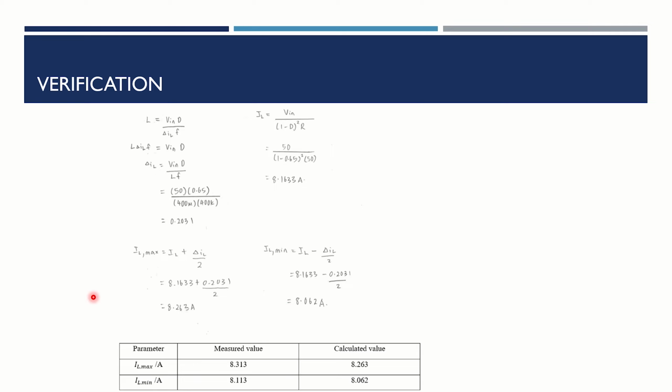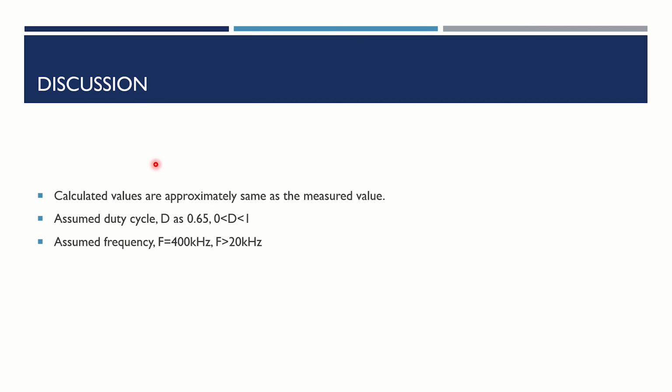8.062. For measured values from simulation, IL max is equal to 8.313 ampere and IL min is equal to 8.113 ampere. For discussion, we can observe that calculated values are approximately the same as the measured values. We assume the duty cycle D as 0.65 due to the condition D must be bigger than 0 and less than 1. We also assume that frequency F is equal to 400 kHz due to its condition F must be bigger than